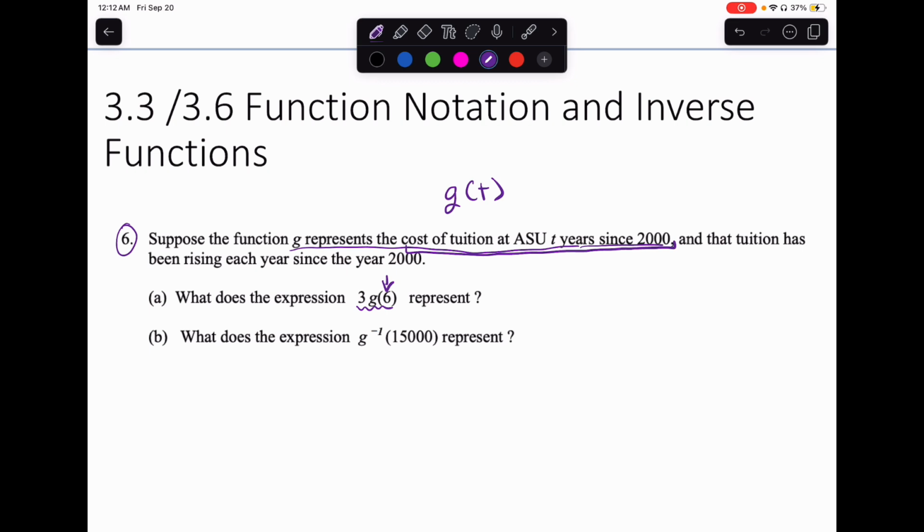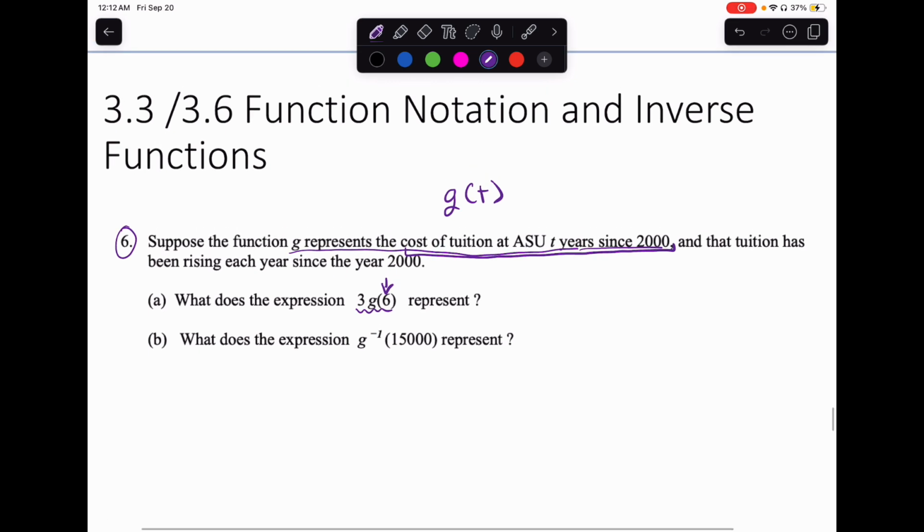But the answer for this problem from the key represents it a little bit differently. I think they're taking it into account that this is the cost of tuition per person at ASU. So if you're doing it in the context of that, that's how they got to the point that 3 times G of 6